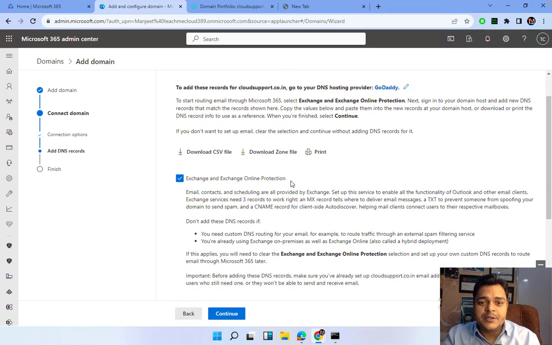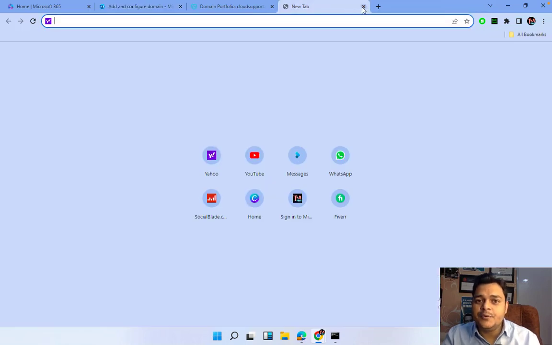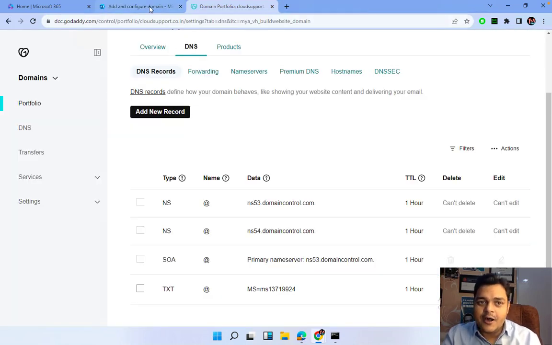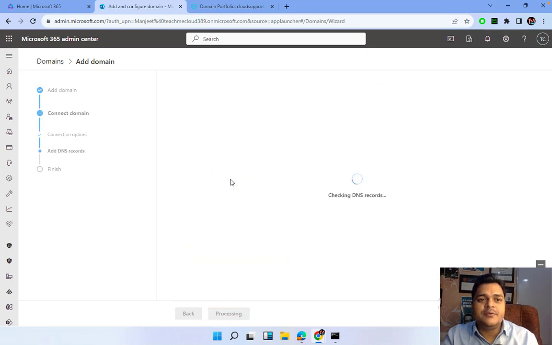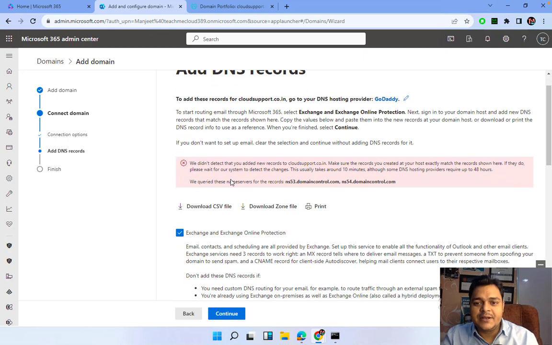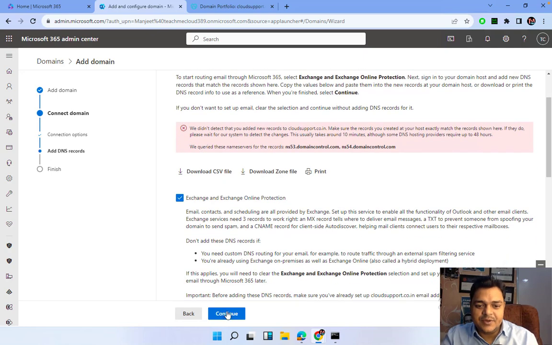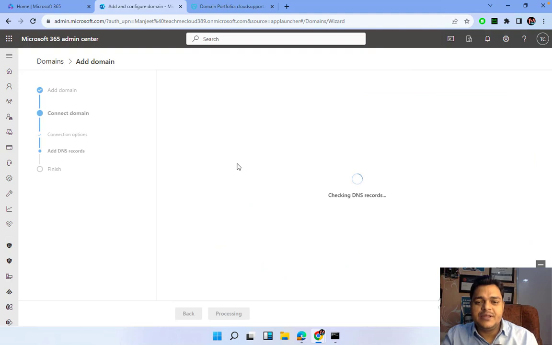I'm going to proceed with the manual task because only GoDaddy.com can help you with automatic enrollment or automatic domain assignment. If you have already purchased your domain from a different domain provider, then definitely you need to follow the manual steps. So that's why I'm going to proceed with manual. Just need to click continue and it will give you more records, and yes, you need to provide the complete record information. So let me proceed with next,